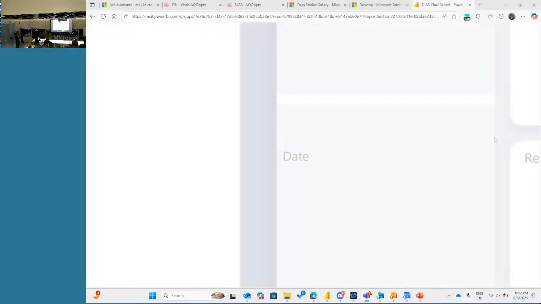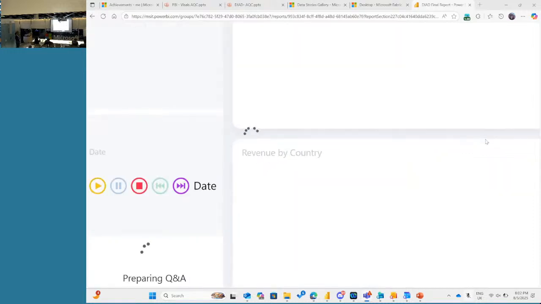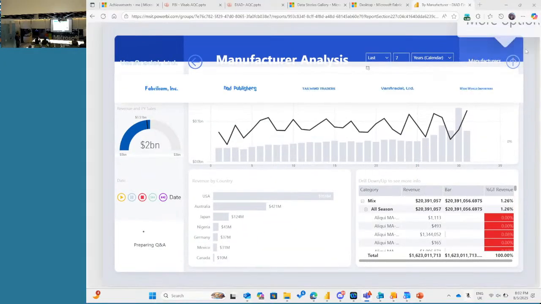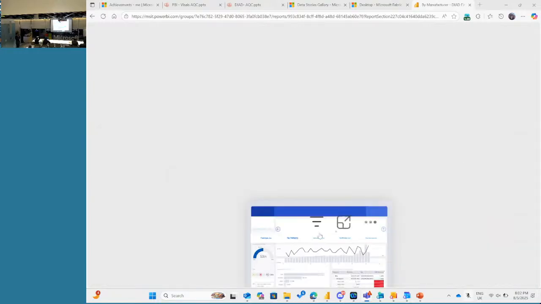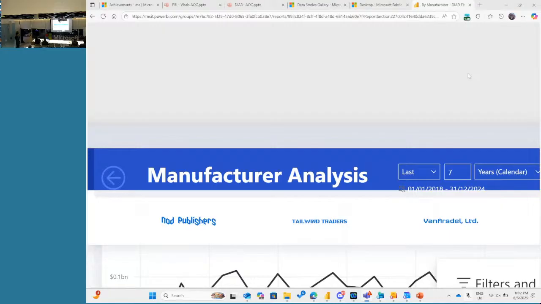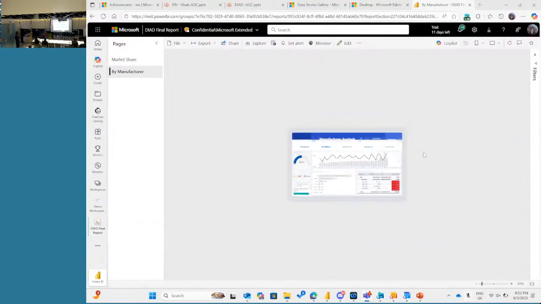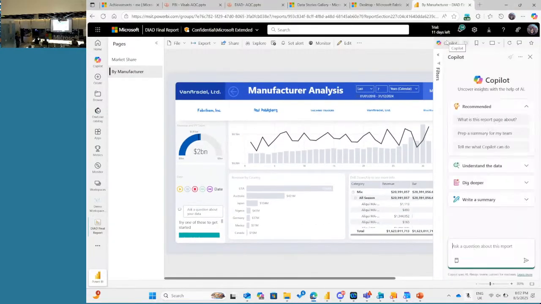It's really quite powerful. Once you have your Power BI dashboard enabled and you have also Copilot enabled, for Copilot you would need Fabric, a user can open up the dashboard and then they can click on the Copilot pane here at the top. There we go. So I'm going to click on the Copilot button here. And the Copilot pane opens up for me.